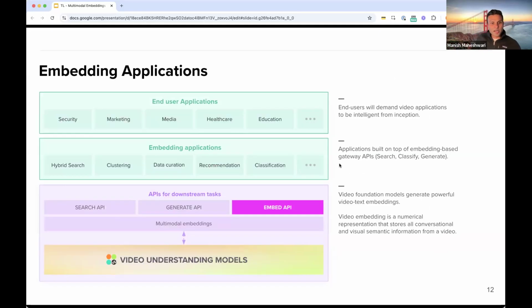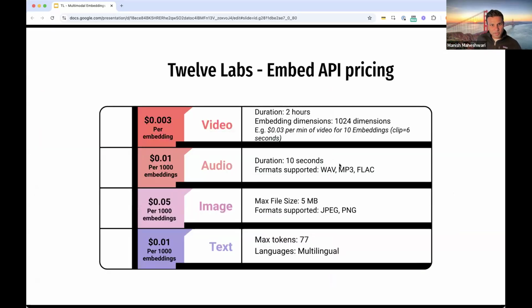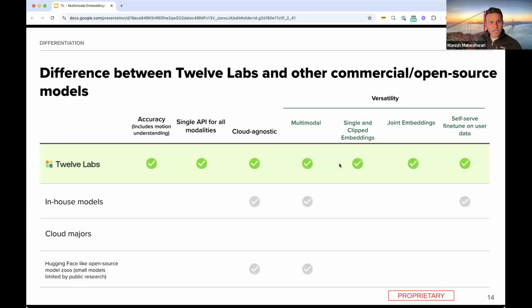And all of these, as I mentioned, embeddings from 12 Labs are available through the Embed API itself. The pricing is available online, so I'll not spend more time here. I would say the majority of, when you look at other